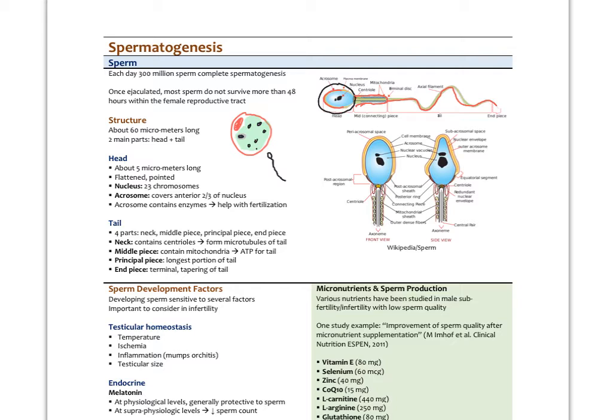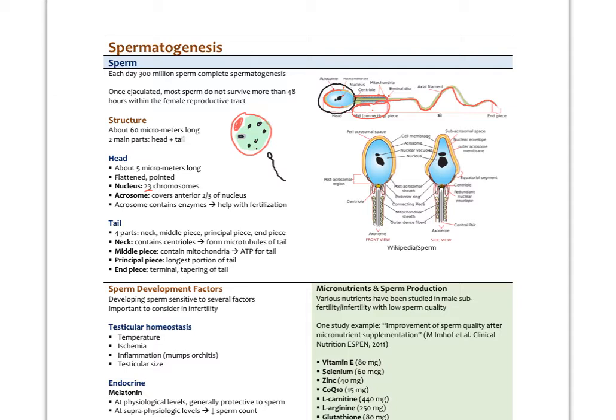So again, the head itself is very small and kind of flattened. It has a pointed structure to it. It has 23 chromosomes, of course. It's haploid, just like the ovum. And the acrosome is going to cover about two thirds of the nucleus, and that's going to contain, again, enzymes that will help with fertilization. The tail has four parts. There's the neck, as I mentioned, right here. There's the middle piece, principal piece, and then the end piece. The neck has